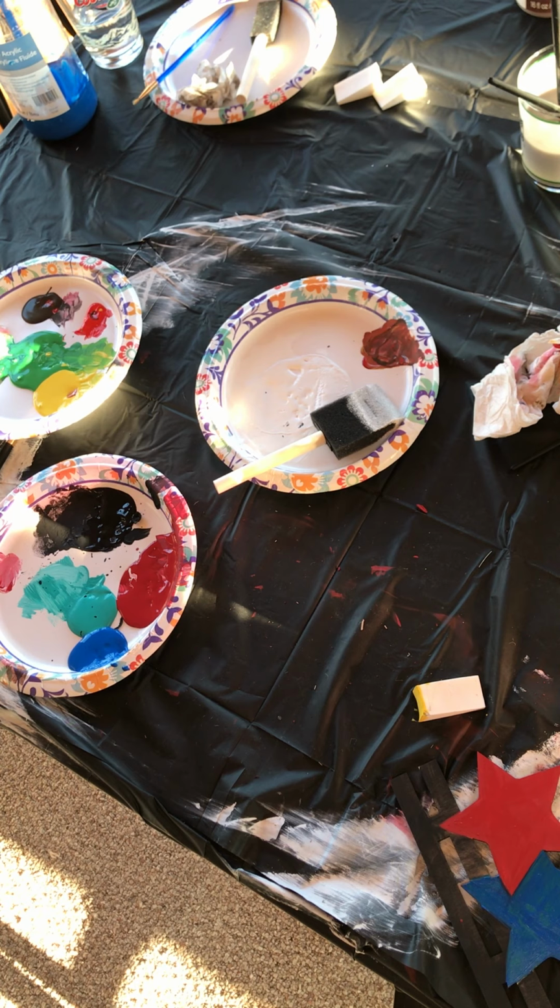I may use my paintbrush for this because honestly, I think it's a little bit too messy. So I'm going to break out the paintbrush. You'll have paintbrushes in yours as well. And I'm just going to